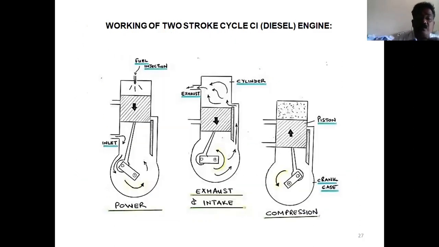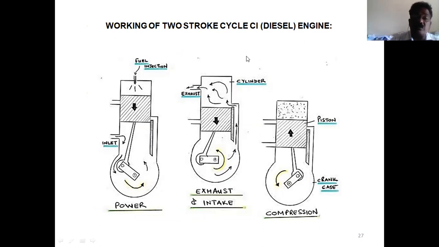Right. So next, similarly, the working of the two-stroke CI engine. Okay. So this we will see in the next class, right? But same principle. Instead of the spark plug, here we are going to have the fuel injection. The rest of the things, all the four processes, will be taking place in the two-stroke, and the crankshaft is going to get one revolution.